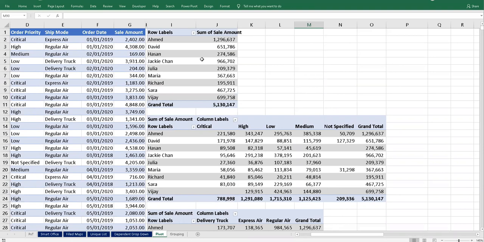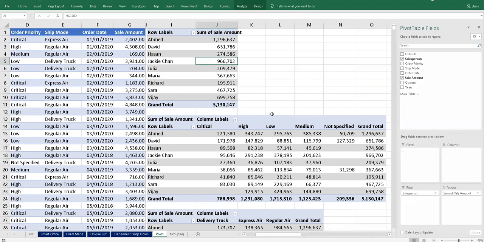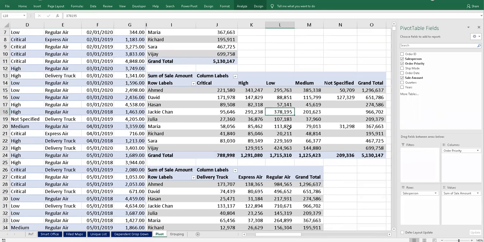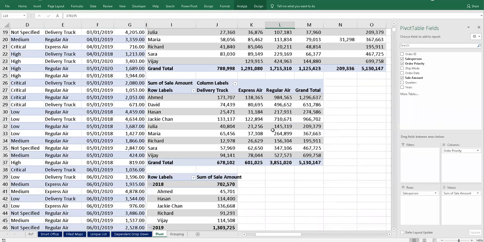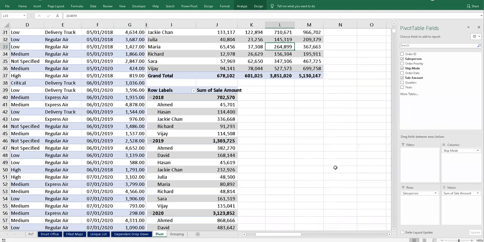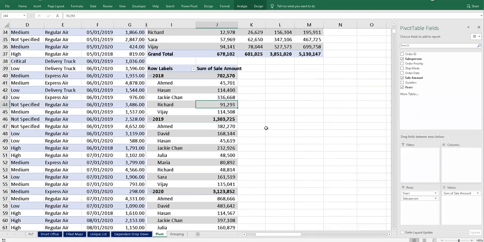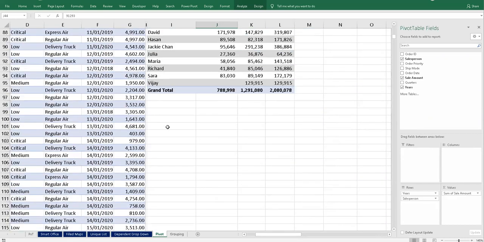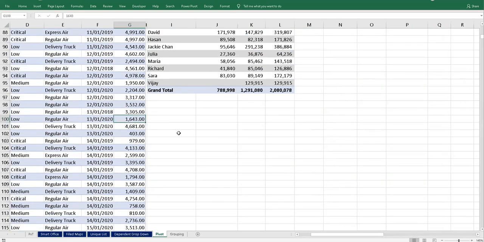Here they required only the salesperson-wise report. After that, they require the critical priorities, then the delivery mode or shipping mode, and then area-wise sales. Everything is at your fingertips. For one table, you can prepare as many pivot tables as your imagination allows.